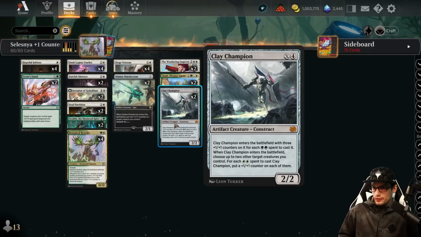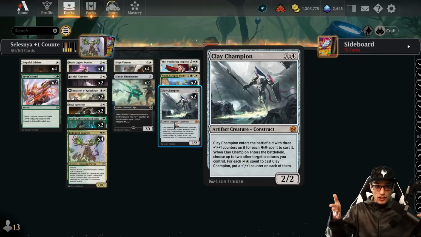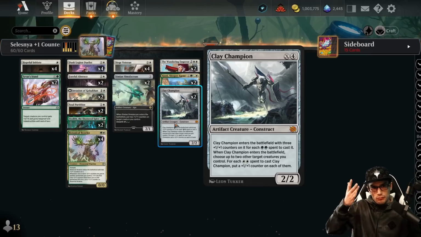It's a construct, 2 power, 2 toughness, entering the battlefield with 3 +1/+1 counters for each set of forests cast on it, and distributing a +1/+1 counter among 2 target creatures for each set of planes spent to cast it, right? So this is, again, really nice with the Brawler. We can put +1/+1 counters on multiple creatures at once. It enters with its own +1/+1 counters lots of the time, so it's going to help that Brawler up, and